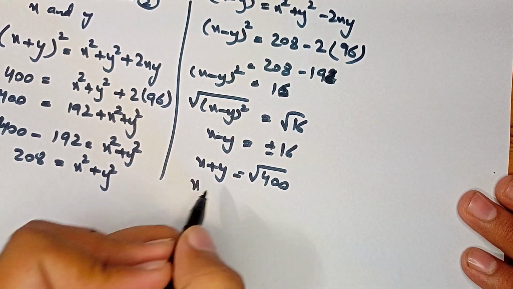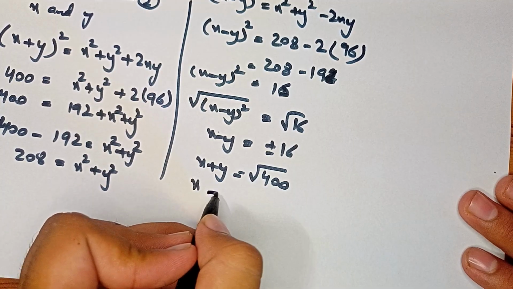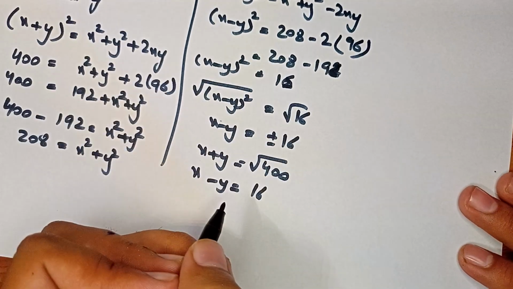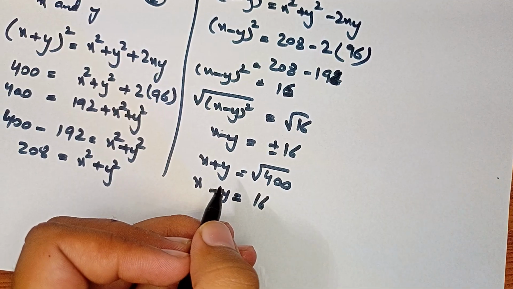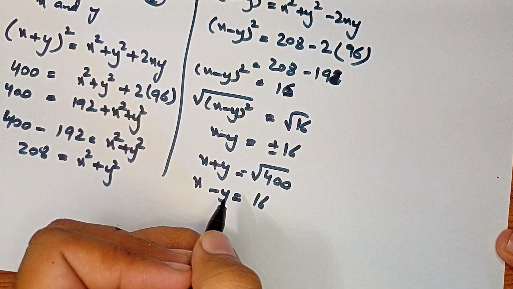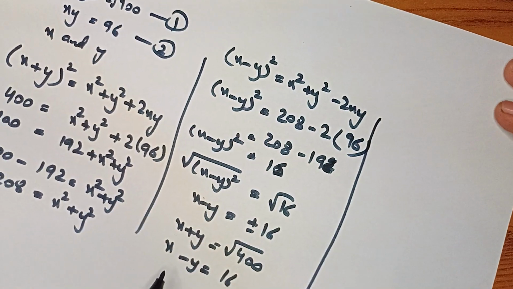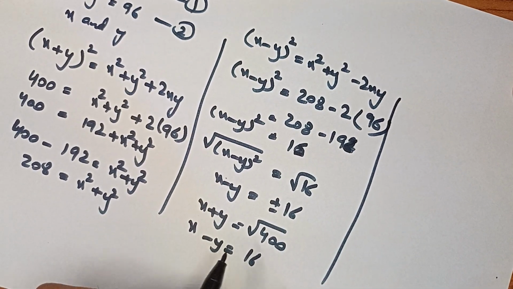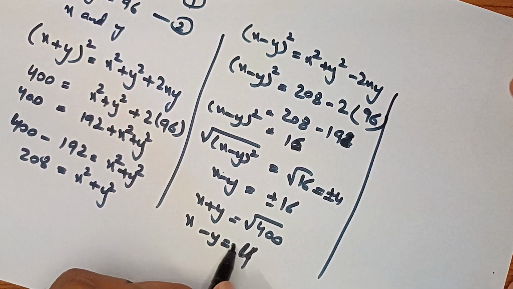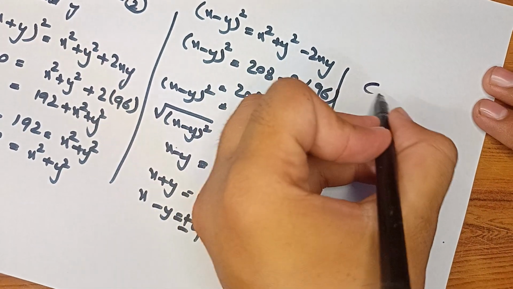Now we know that x − y is 16, and plus or minus both values it should contain. Then there are two cases in which we put plus 16 or minus 16. Sorry, this should become plus minus 4. Plus minus 4, so 4 should be positive or negative. In case 1 it should be positive,